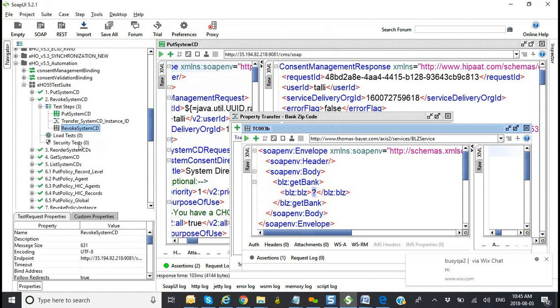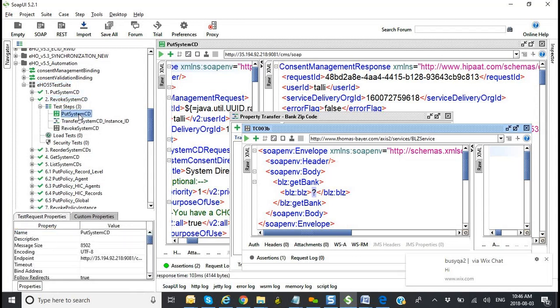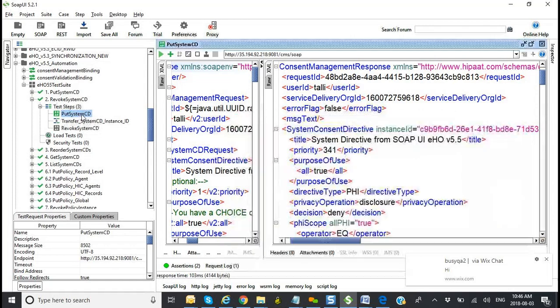I have a property created here. Okay. Put system CD. Okay. Now,